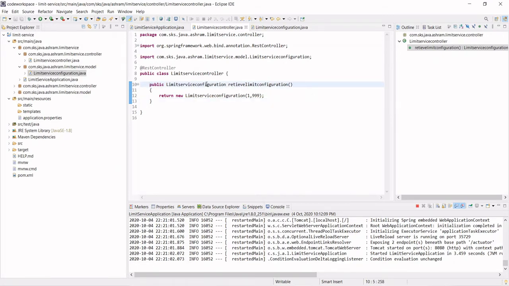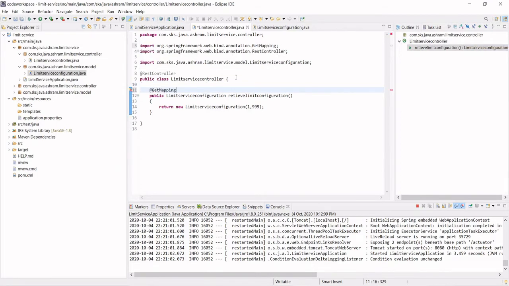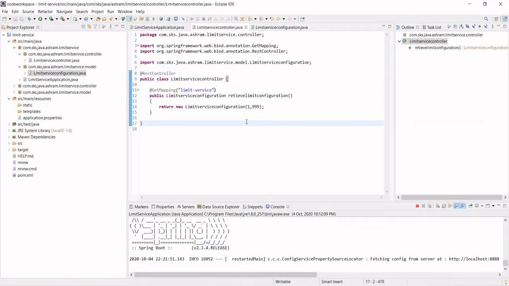And this we want to map with the REST GetMapping, and put here limit hyphen service. What is the get method name? Limit hyphen service. Okay, and this GetMapping is associated with the method retrieveLimitConfiguration. That's it. Okay, our REST controller is ready.